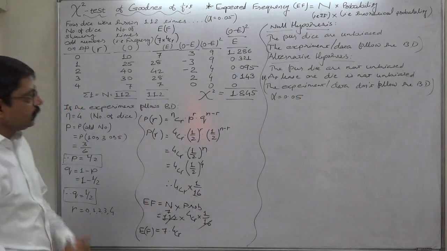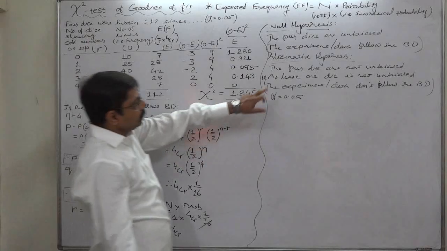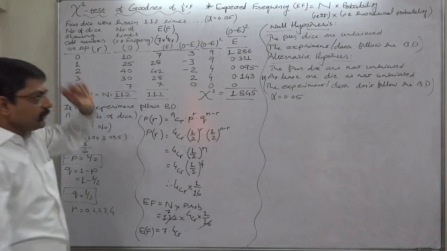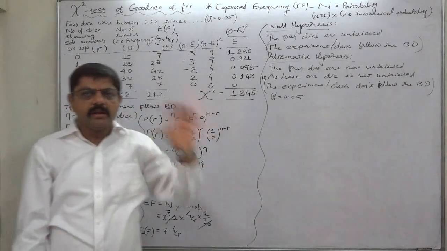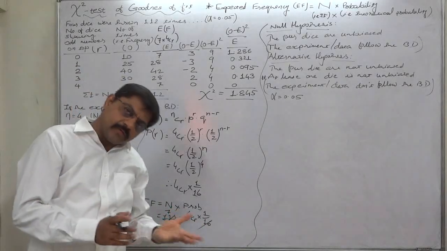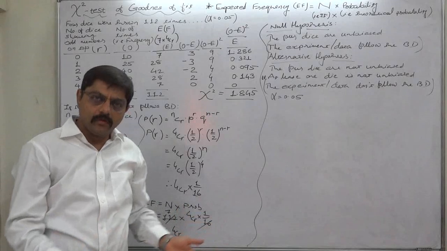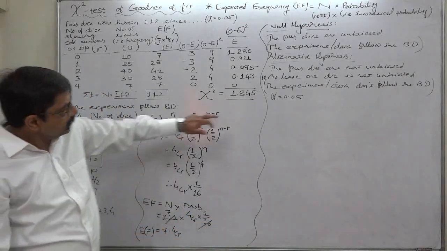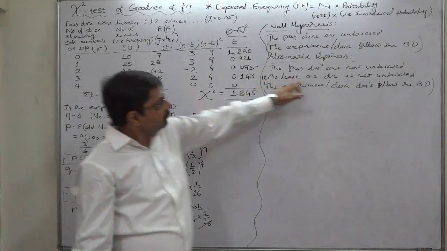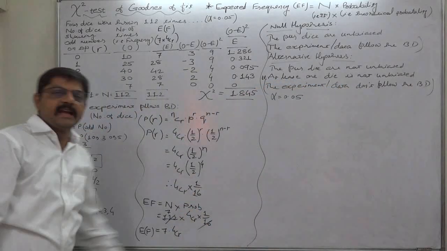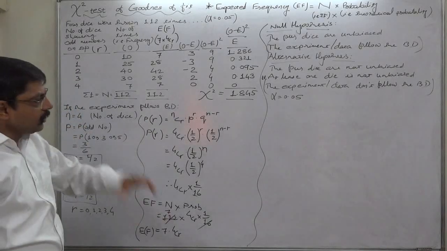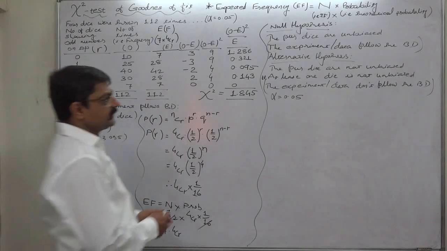Since the chi-square test of goodness of fit is one tail test, and also we can see that this is one tail test, because we cannot conclude everything for all the 4 dice. Biasness is actually possible in case of only 1 or 2 or 3 or all 4. So the alternative hypothesis, the correct way to write the alternative hypothesis is at least one die is not unbiased, or at least one die is biased. That is the most proper way of writing or considering the alternative hypothesis in this case and this kind of